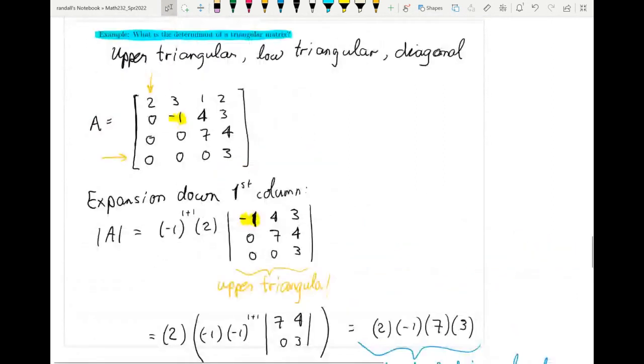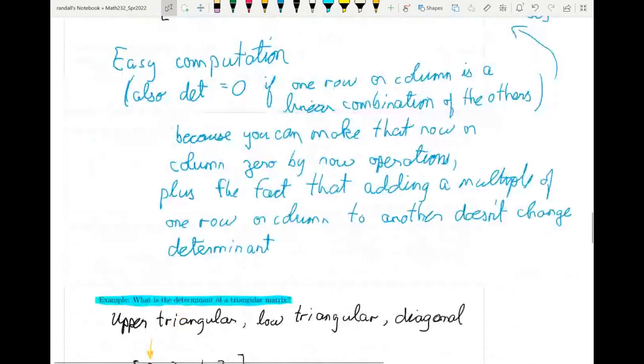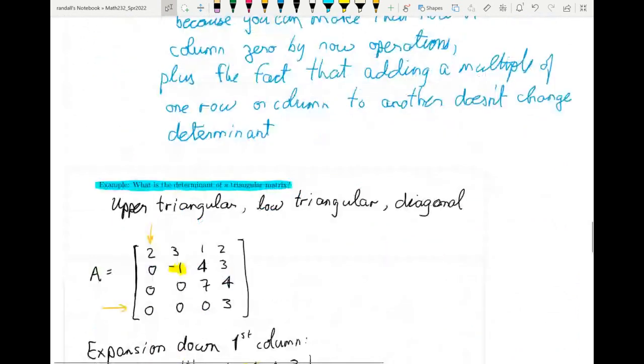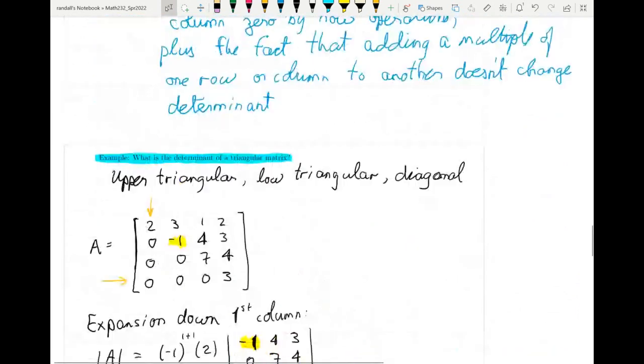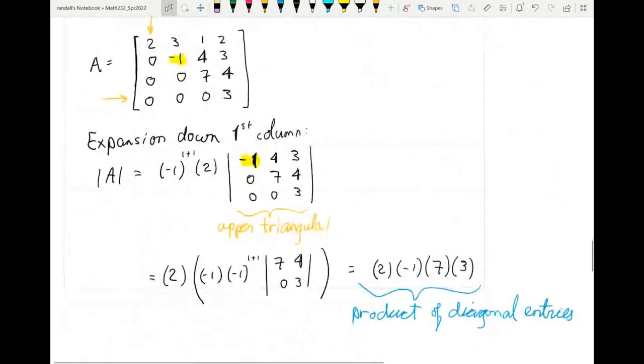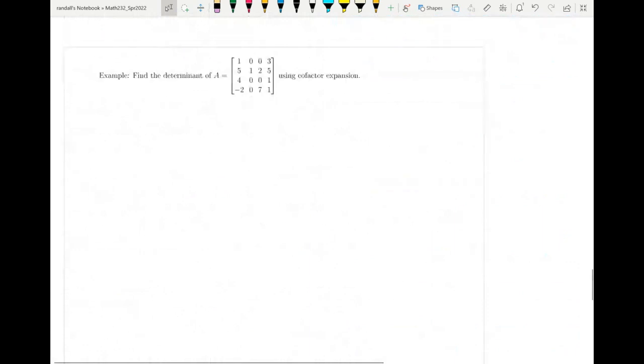Okay, so that's the two obvious types of matrices whose determinants are easy to compute. These ones that have 0 rows or 0 columns, and these triangular ones. And then the more subtle one is these ones that have rows or columns that are linear combinations of the others. Okay, so let's try a non-obvious,